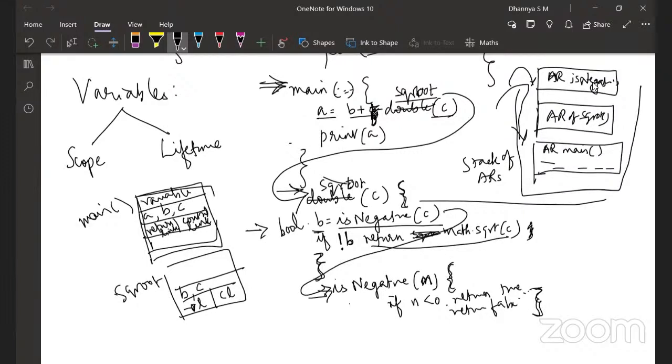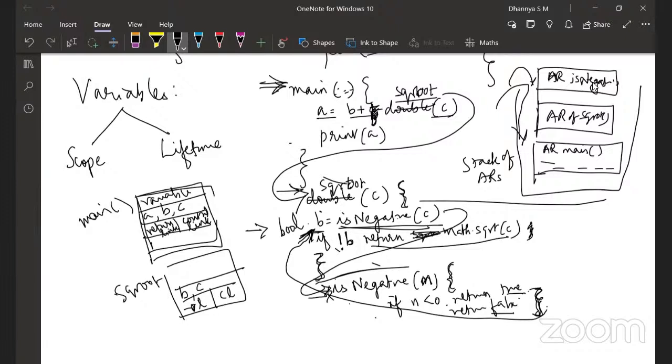When the control gets over here, this control has to be transferred back to this line, right? Because whatever value it is returning, it has to transfer to this value. It is not just the control that has to go back, but it has also to return the true or false value to this method. Otherwise, if the execution of this method is over, how will this method know what the return value is?